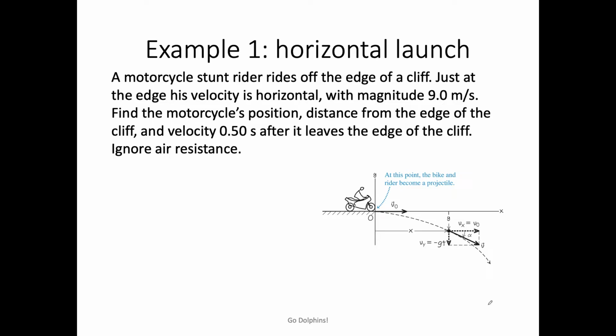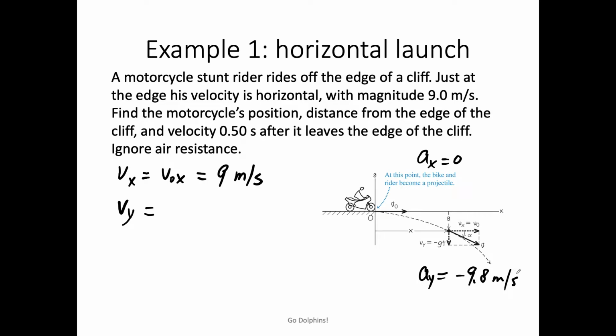Now we solve for the velocity in the x direction and the y direction. So again, a_x equals 0, so your velocity in the x direction is constant, doesn't change, 9 meters per second. Your v_y is changing because your a_y is negative 9.8 meters per second squared, and your initial velocity in the y direction is 0. So v_y equals a_y t,